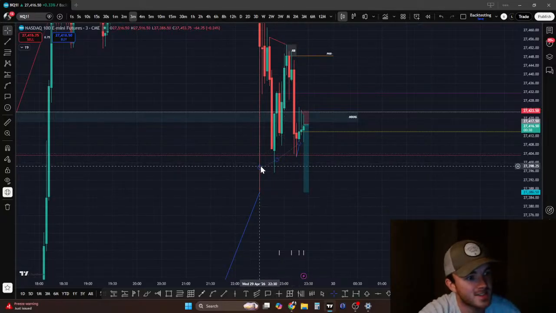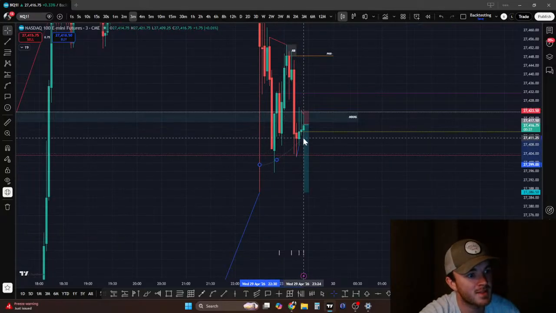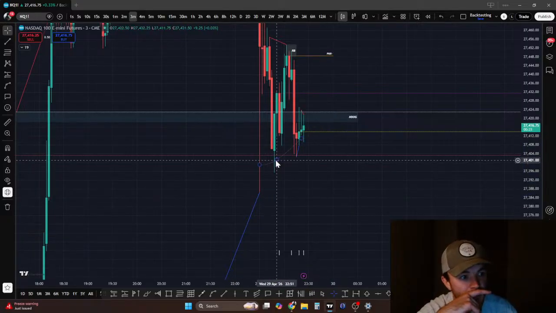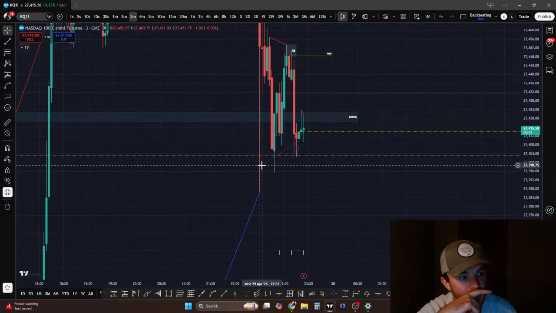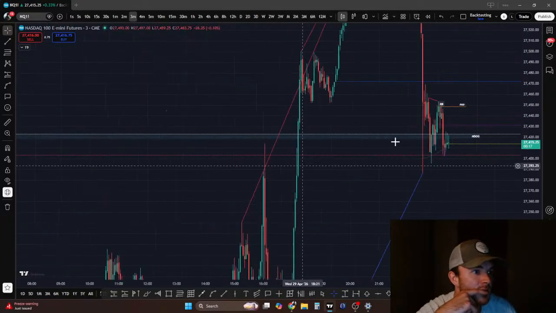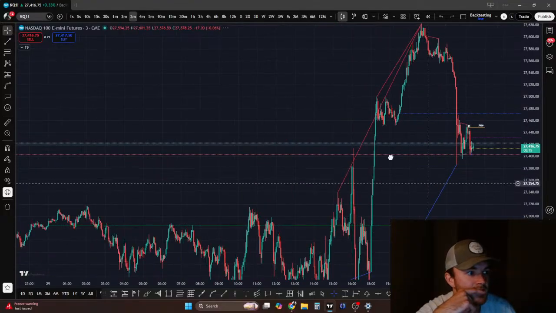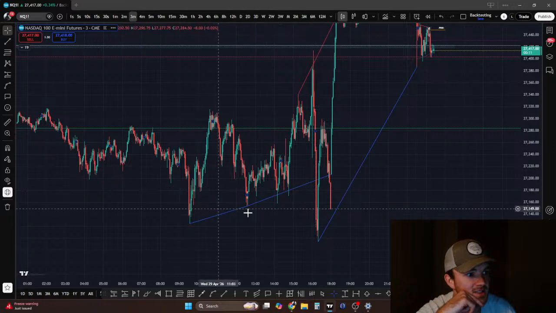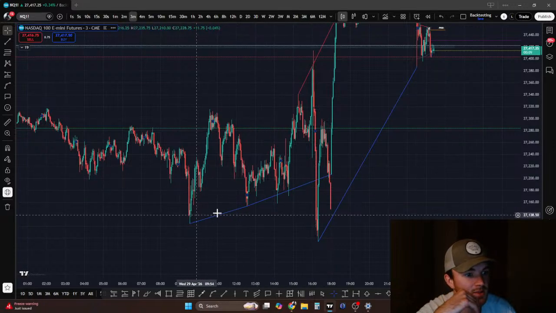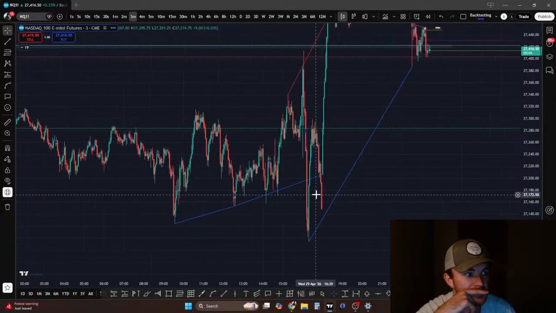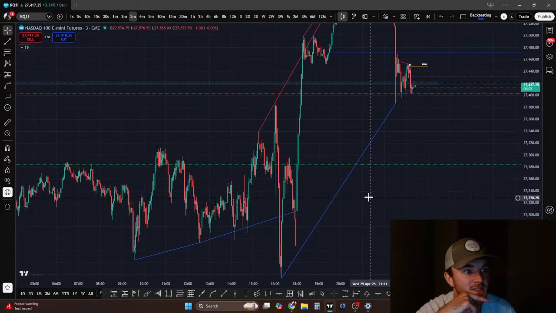What do you guys think? Is this going to be high resistance? It might be. We swept the true month open. I mean, the true 3-month open. So it could definitely be. What else has happened? Problem is, look at this. This kind of looks low resistance. This kind of looks like we're going to reject this and run down to these lows. That's kind of what it feels like to me.